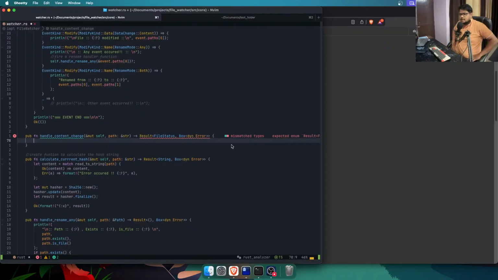All right, so handle content change. What we'll do here, we'll try to extract the key value pairs by using this path as a key from the hash map. If we find any, we will evaluate the current hash with this, and we will check whether the two hash strings are the same or not. If they are updated, we will say the file has been modified, right? Okay, so first of all, we will have to check whether the path